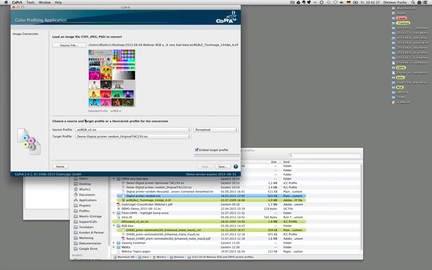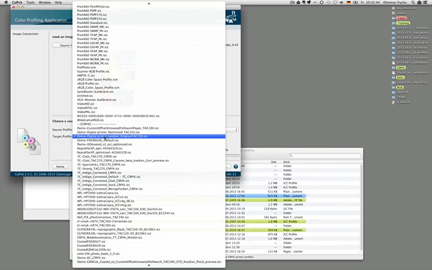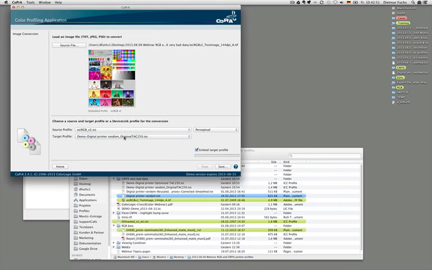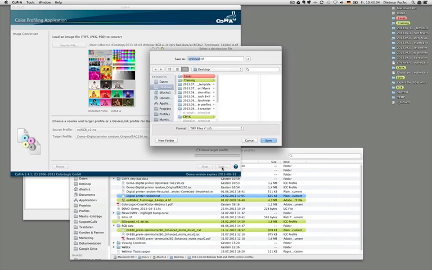You select the source profile. It has an embedded profile. It shows us here. So I select the source profile ECI RGB, and I then select my digital printer profile I've just created. So we are starting with the original one. I'm selecting here. You select the rendering intent we want to convert with, so either perceptual or black point compensation. We want to use the perceptual one. We embed the target profile in here, and we save the converted file to disk. You have the choice of either TIFF, JPEG, or PSD. I'll take the TIFF here,